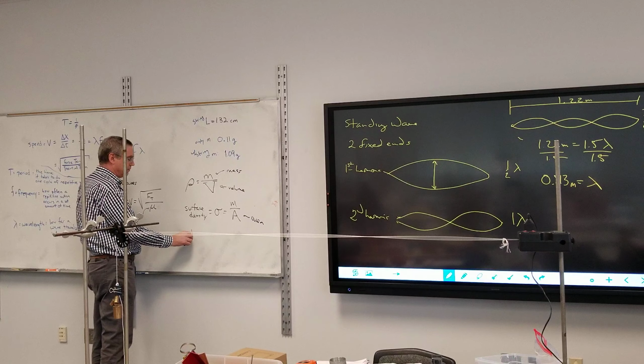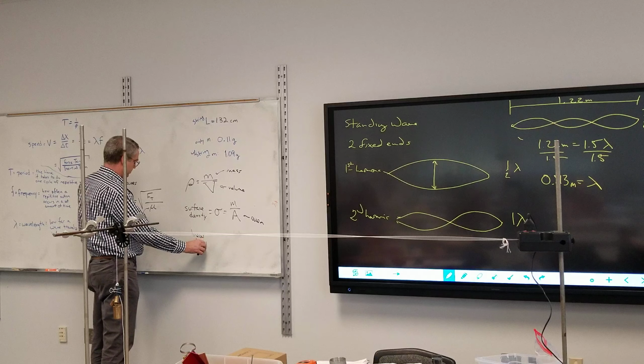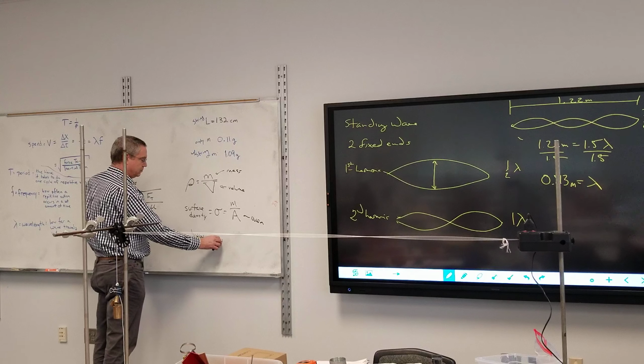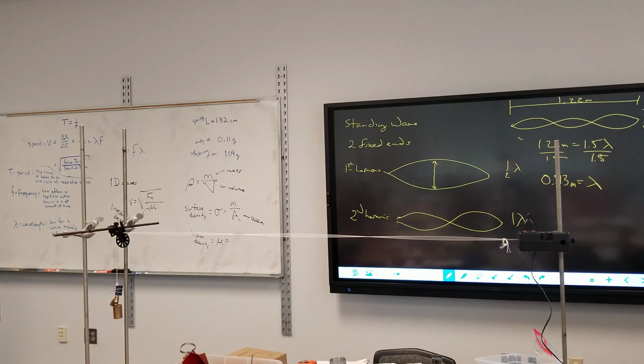And then linear density, so we'll take a shot at it. We went from volume to area. Generally, when you have a string,